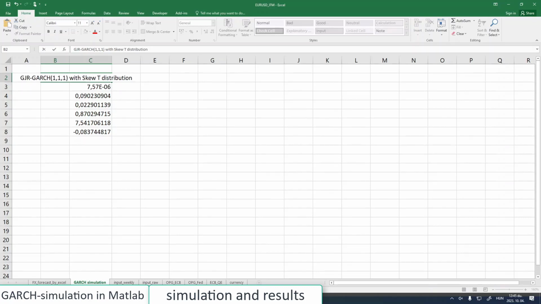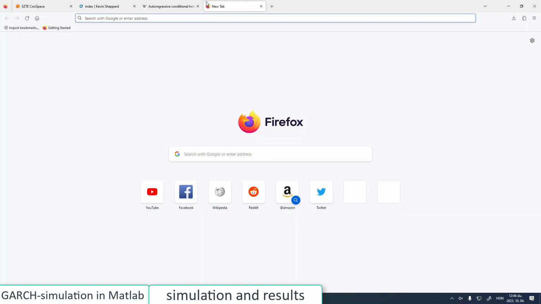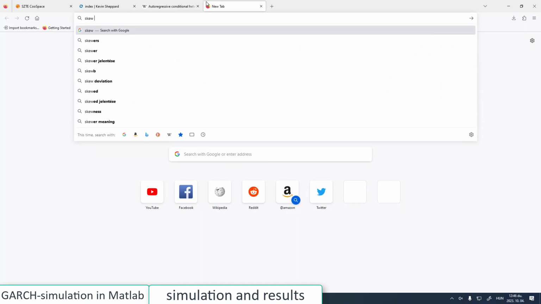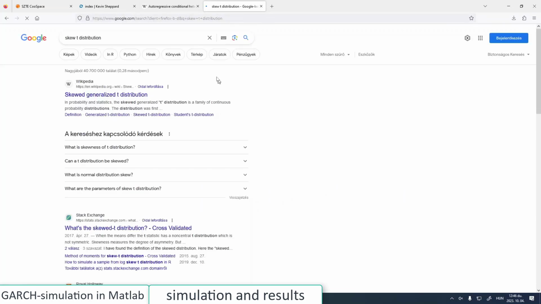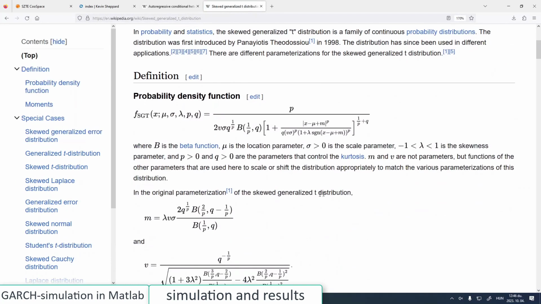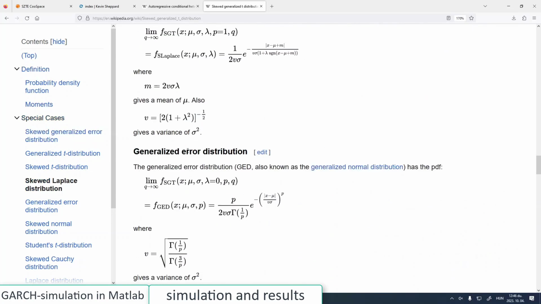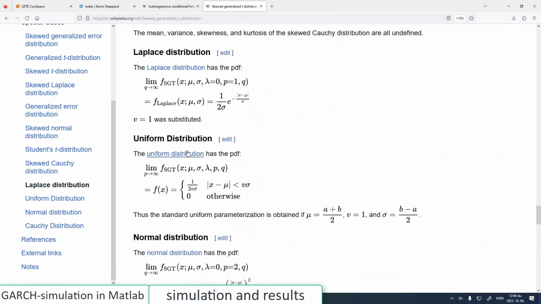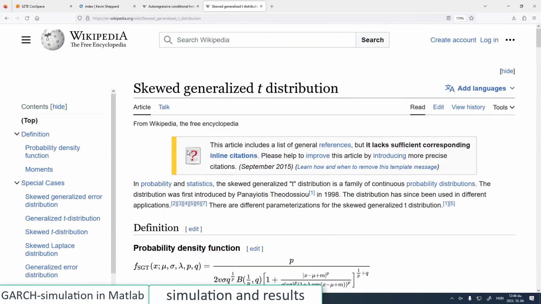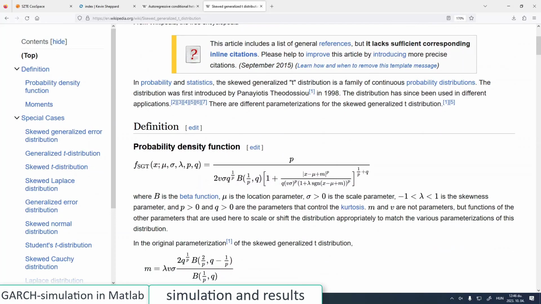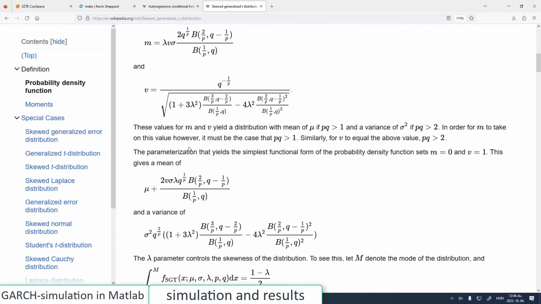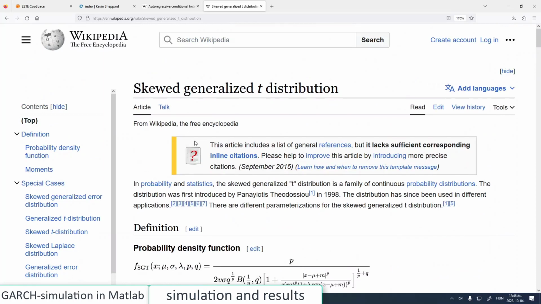So skew t distribution, if you would like to imagine one, yeah. So this is the function. What a beauty. And do we have any picture of this? Usually there are some illustrations, but right now Wikipedia is saying no. Then at least